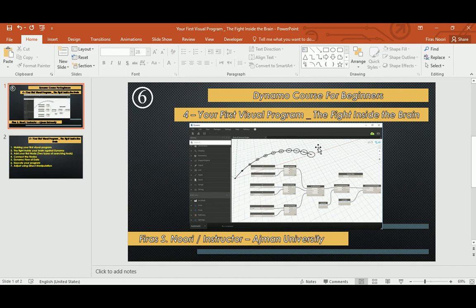I also want to talk about that fight that happens inside your brain while you are in the beginning steps of learning Dynamo. Your brain fights you back, and the inner voice tells you that you don't need to continue learning. It's a basic process that your brain resists the learning process and always compares it to previous tools that you already learned before. While you are here in Dynamo, that means you're already comparing it to the modeling tools you have in Revit. So let's just start and see